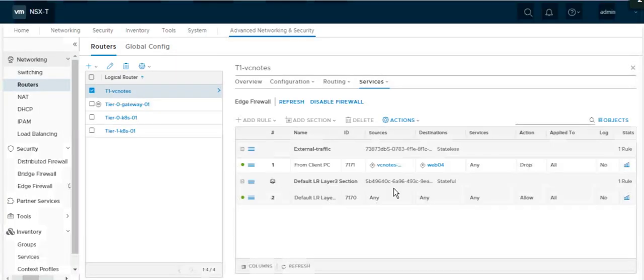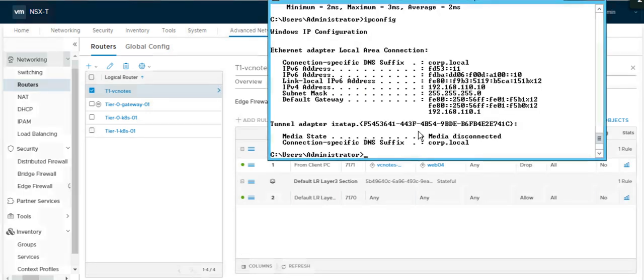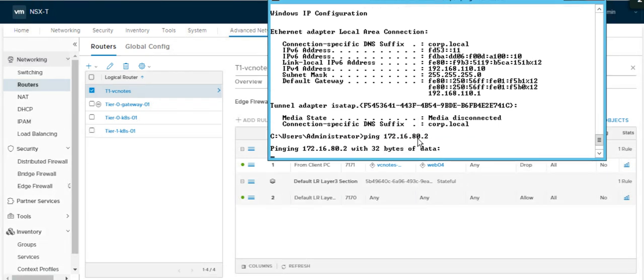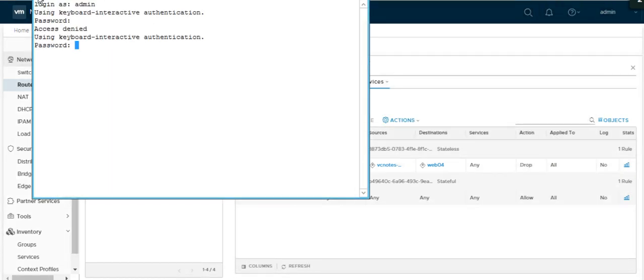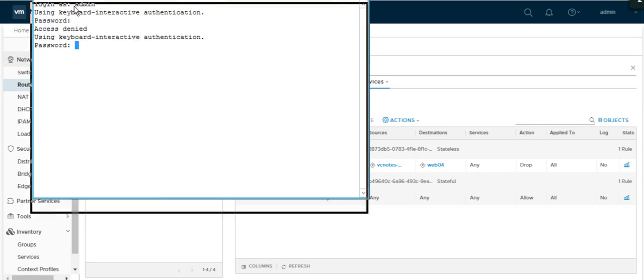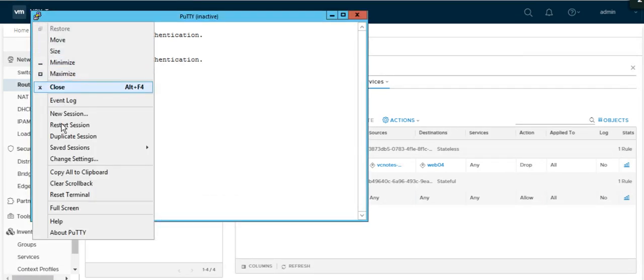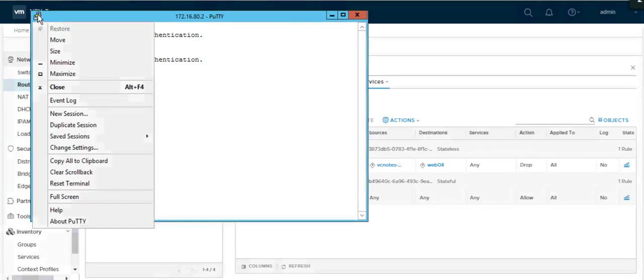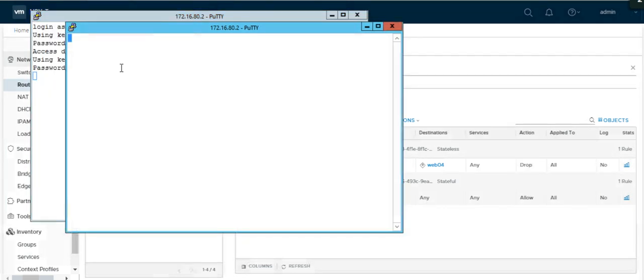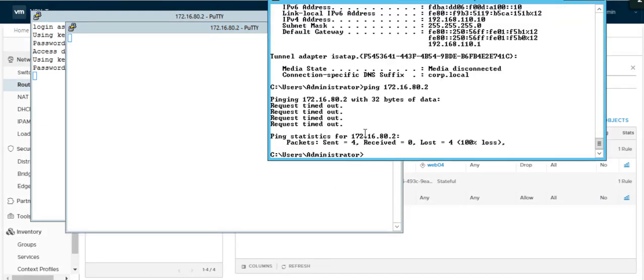again, and let's see the impact. So I have selected drop. As we could see, I was able to ping earlier with the 30.2. So now ping again. Okay, ping is not working here, and now try to do the putty. Restart the session and you will see that I will not see any prompt. Duplicate the session, no problem. Okay, so let's initiate a continuous ping here.